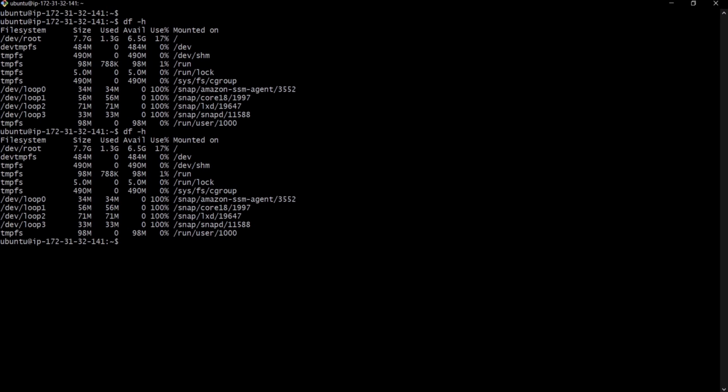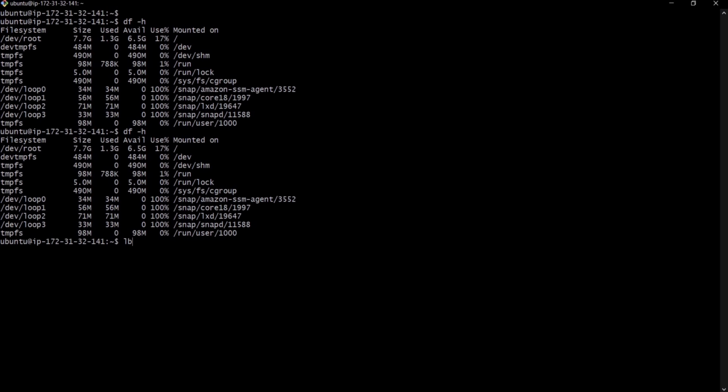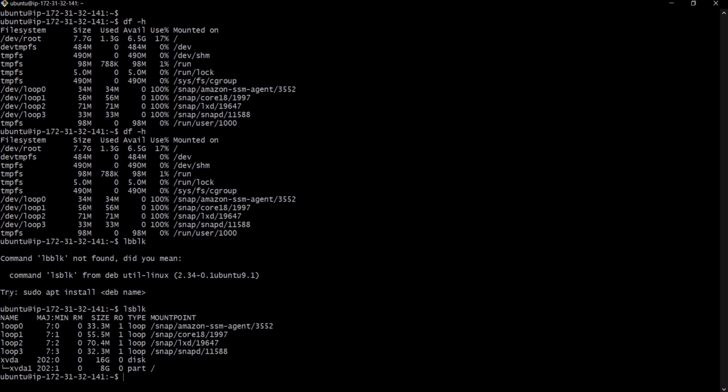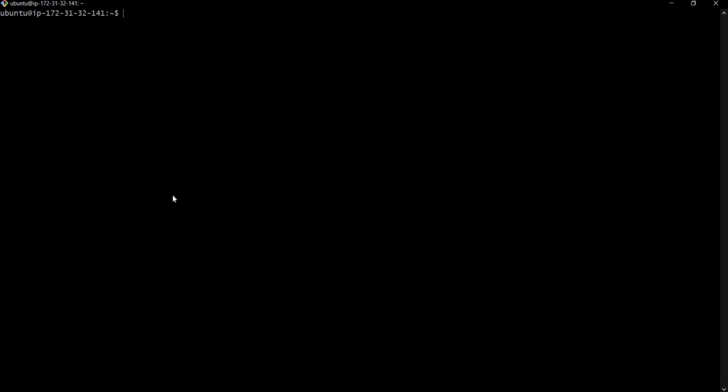To check the partition, we have to execute the command lsblk. Here we can see the device name and the partition number. Okay, let's clear this. We have to copy the command and execute it here.